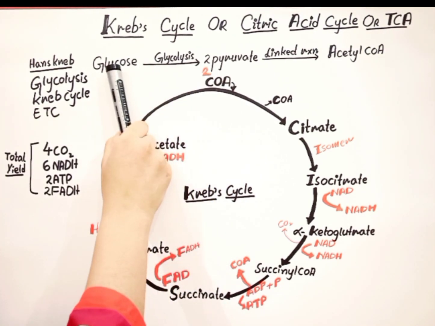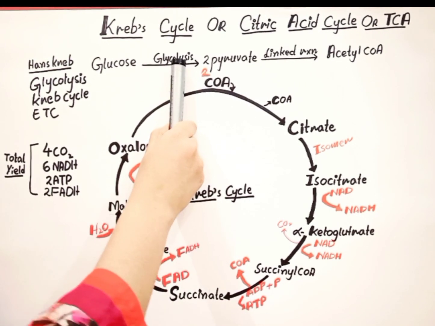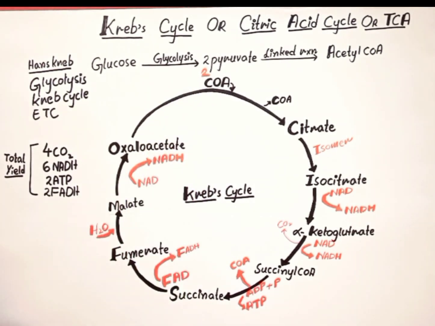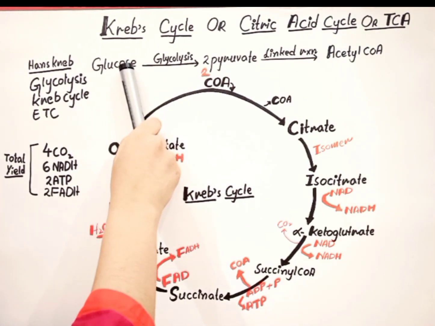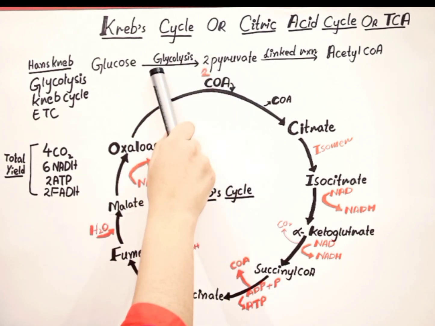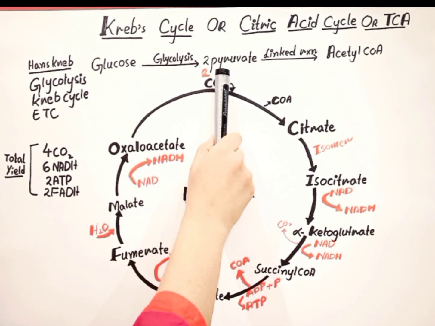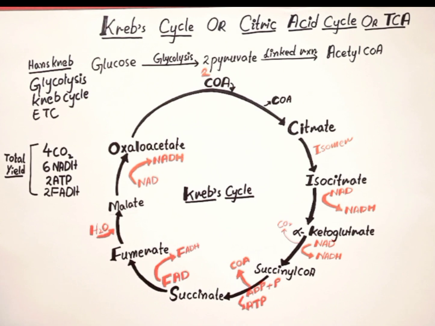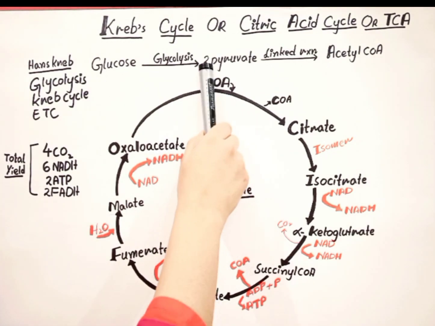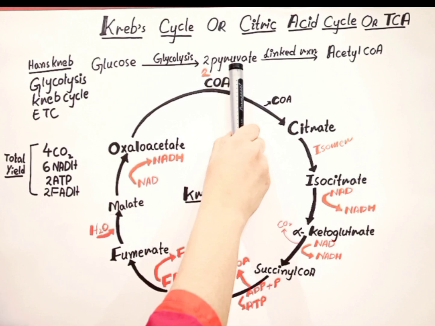In glycolysis, glucose will convert into 2 pyruvate molecules. This glycolysis takes place in the cytoplasm of the cell. It doesn't require any mitochondria. From one molecule of glucose, we will get 2 pyruvate if glycolysis takes place in the cell. This is the first step of aerobic respiration. But if the cell contains oxygen and mitochondria, then the pyruvate molecule will enter into the mitochondria and be ready for the Krebs